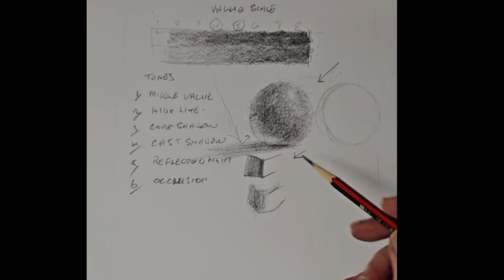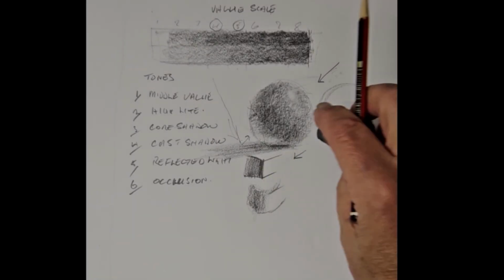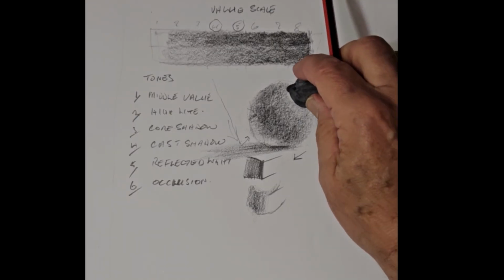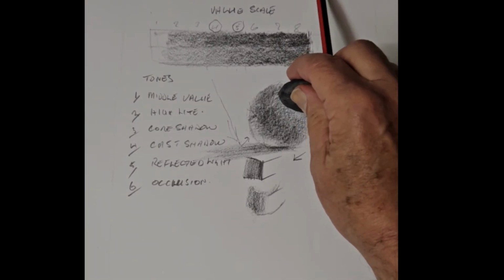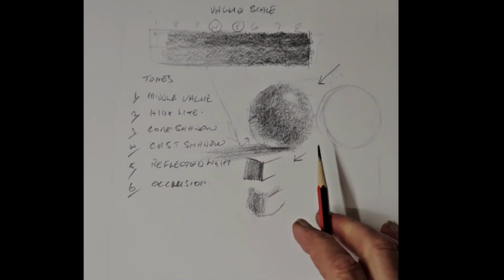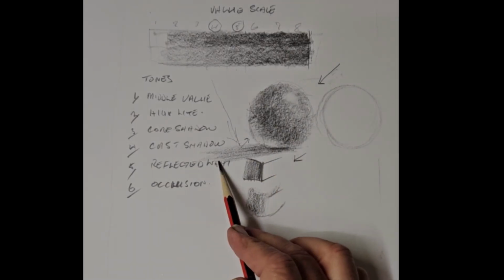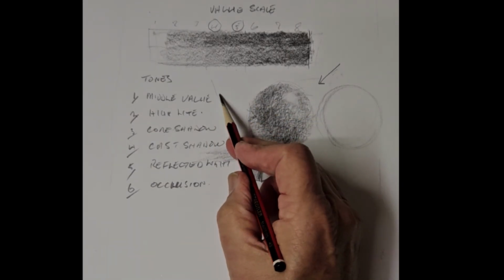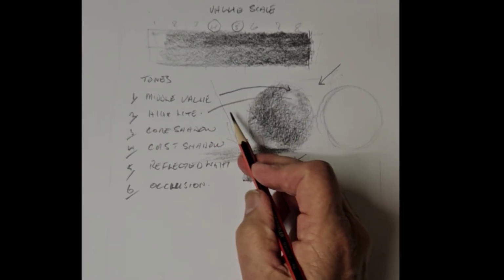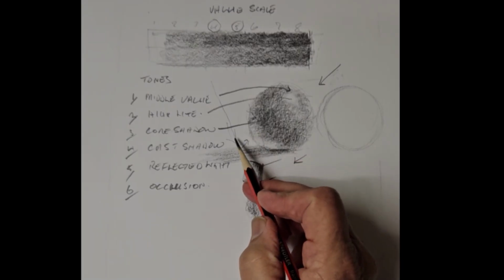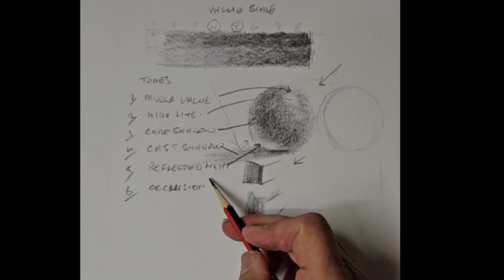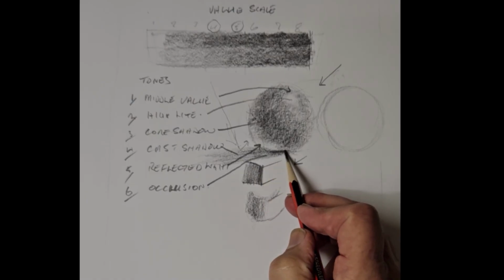As you can see, we've got some reflected light now, creating a little bit of interest in our subject. That highlight, I'll make it a bit bigger so it's easier to see, will be lighter than the reflected light. We've now got our middle value, which was what we started with. We've got our highlight, a core shadow, a cast shadow, reflected light, and the last but not least is the